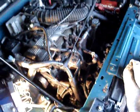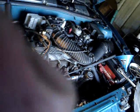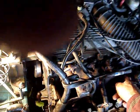I heard these 2.2s are really a pain to get the air out of the system. I've seen people cut this bleeder right out and splice a piece of rubber heater hose in between there, and put one of those drain and fill caps in there. Probably a lot faster to bleed it than this stupid little